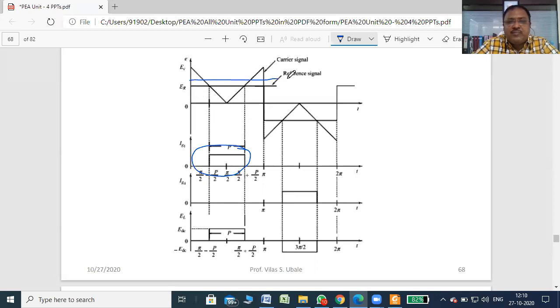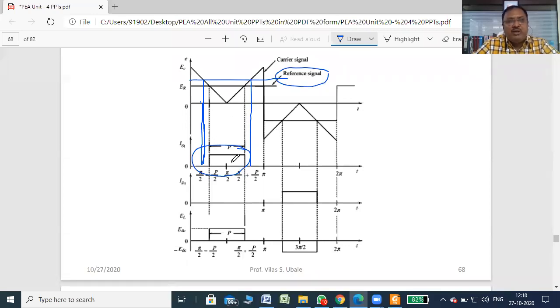If your Er is like this, then the pulse width will be changed. If your pulse width increases, the average AC output voltage also increases. See, if this pulse width increases, it means that your switch S1 is on for a longer time, and similarly S4 is on for a longer time. It means that the average AC output voltage increases. So simply by increasing or decreasing the value of reference voltage, you can have a variable